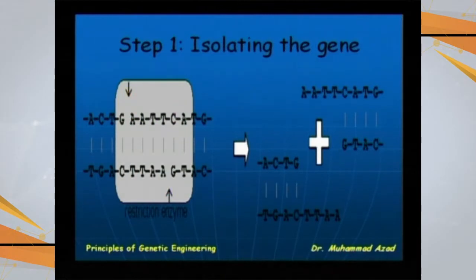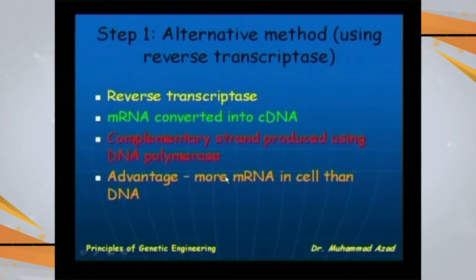Going with the first step, isolating the genes. Here you are going to look at the sequence of DNA. We already know that these are the nitrogenous bases which are there. Restriction enzymes are going to cut the DNA at a specific base sequence, like this DNA is cut at AATTCA, and here this is the AATTCA. This is the reverse copy of that. So first, isolation of gene by cutting with restriction endonucleases.